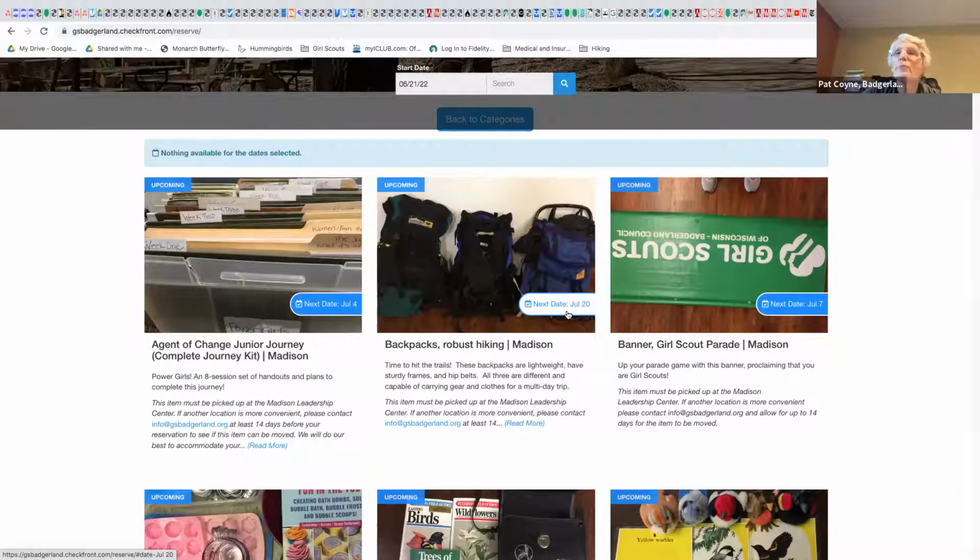That's definitely true over here in backpacks where it says July 20th. And I actually know of the troop that has them checked out. So that's why I know that one is checked out. They're checked out like in early July. And so if it says next possible date is July 20th, and that seems more than 2 weeks away, it means that